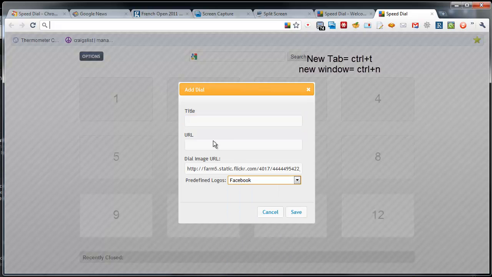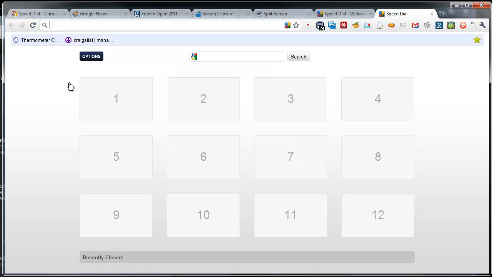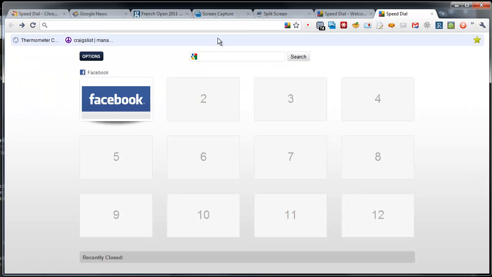So if we want Facebook, you can just put Facebook. And now it has a special tab for Facebook here that will load up, and you just click it and it'll go right to Facebook. This is the default tab when you open Chrome, instead of showing you the apps and other things that you saw before. So the way to add custom images to this is to, so let's say